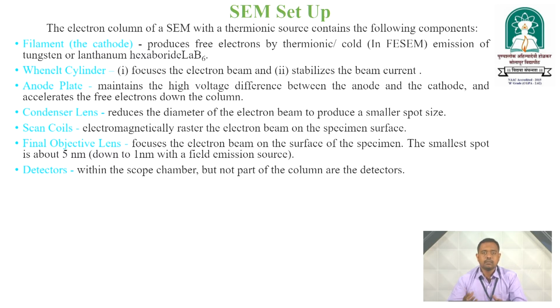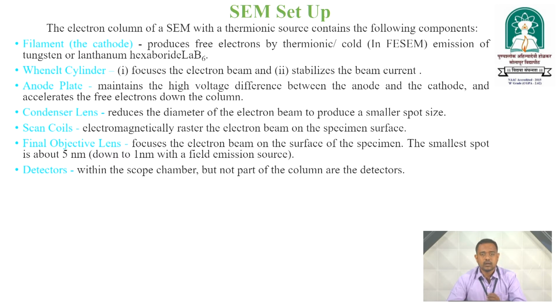Thereafter, once the electron beams, the electrons came from the cathode, we move those electrons through the Wehnelt cylinder. What the Wehnelt cylinder does is focus the electron beam towards the beam path and stabilize the beam current. For that stabilization, the Wehnelt cylinder applies a negative field which compresses the beam path, and by means of compression, the electron beam current is controlled.